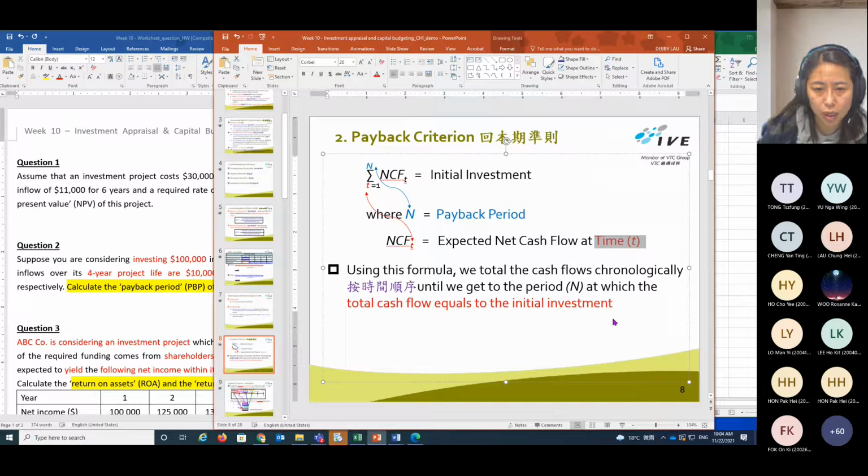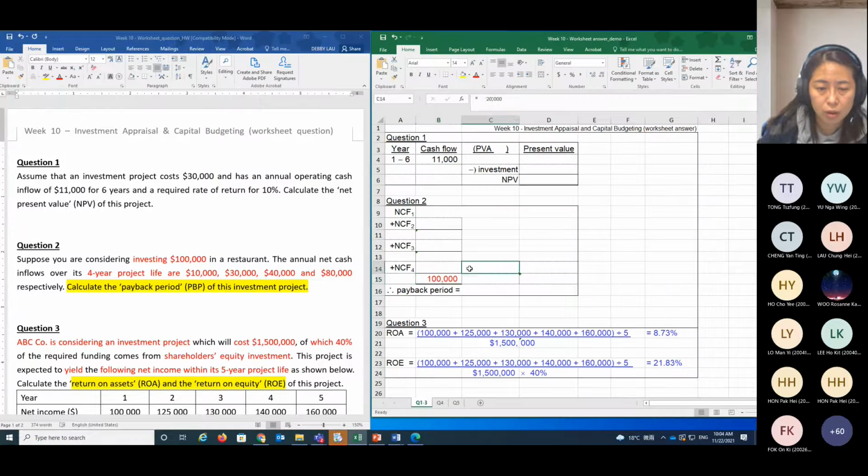How long you have to take to cover the cost of the investment, from your total cash inflow. So 100,000, this is the basic. This is the investment cost, and you have to write down